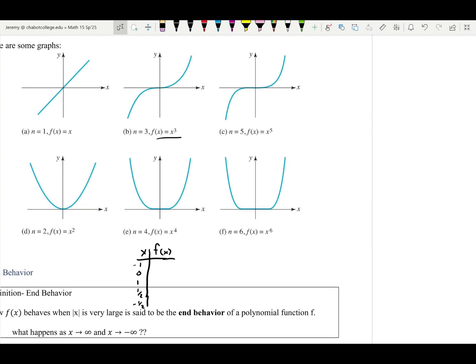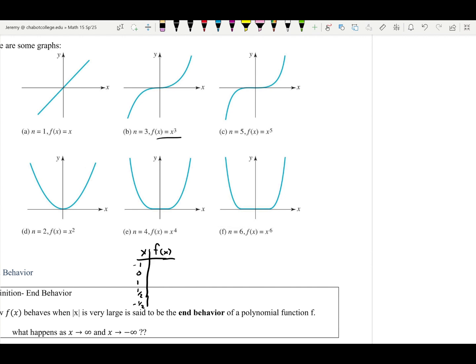Okay, and then the fifth degree power function looks very similar to the third degree one, but just again a little flatter. And we could sort of see this progression as the degree gets higher, it just gets a little flatter